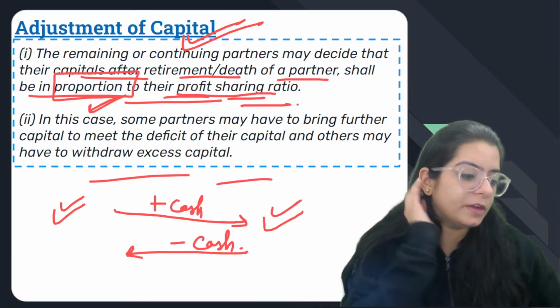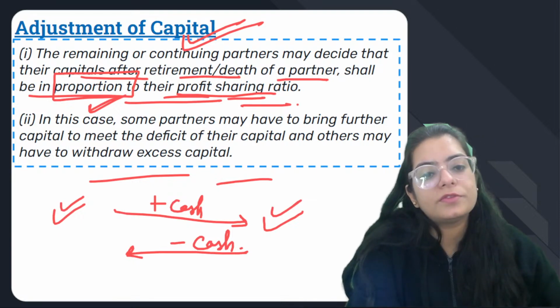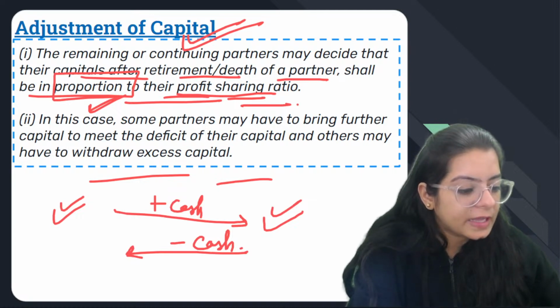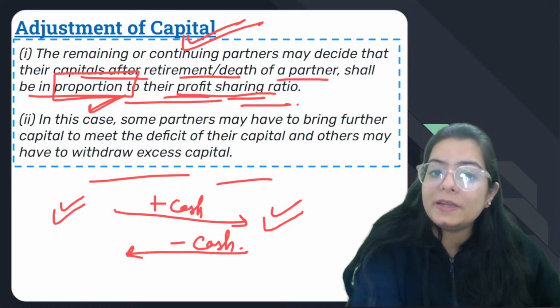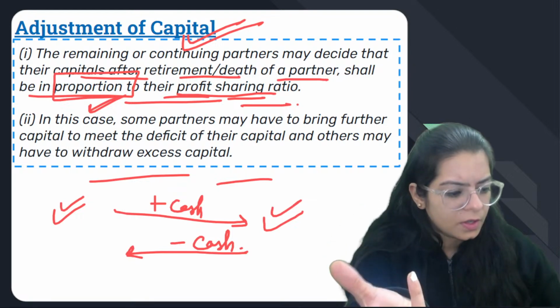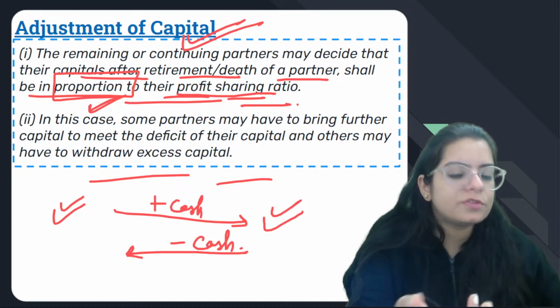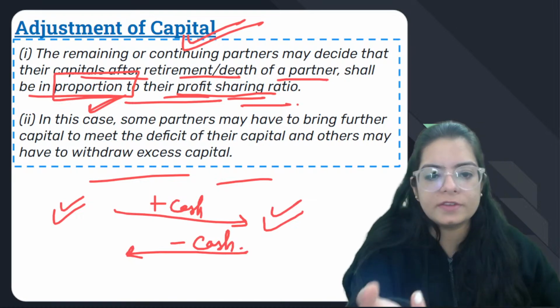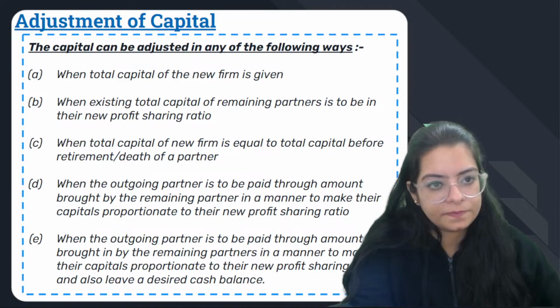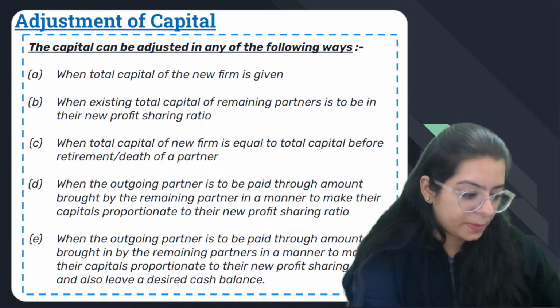यस टेल मी ब्रांचू, व्हाट इज द डाउट? ओके, सो इसमें क्या होता है कि दोबारा से इसको समझो कि समटाइम्स पार्टनर्स डिसाइड दैट व्हाट एवर कैपिटल बैलेंसिंग फिगर दे हैव, दे डोंट लाइक इट, दे वांट द अदर बैलेंसिंग फिगर। सो व्हाट दे डू, दे adjust it by bringing some cash or withdrawing cash if whatever is needed, they do that thing for them। सो वी हैव 5 केसेस फॉर एडजस्टमेंट ऑफ कैपिटल।